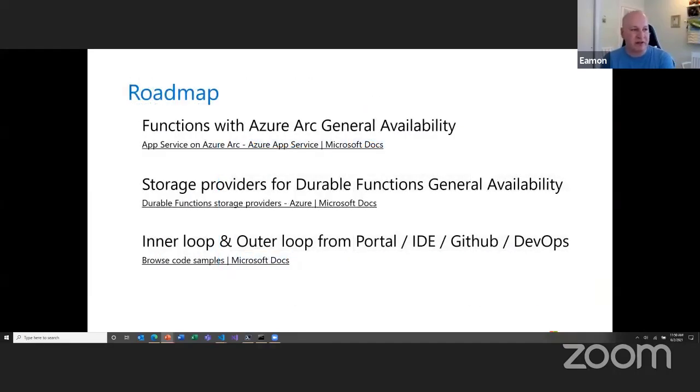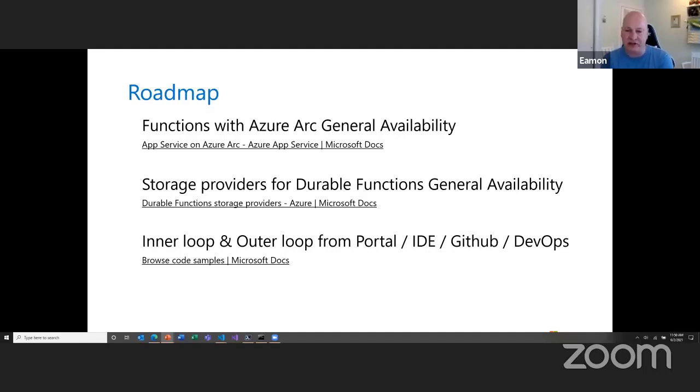So from the roadmap perspective, there's a lot of capabilities that we just announced. I only brought in a few here because we're constantly improving language support, performance, and scale. But since we just launched Azure Arc, that's one of our major focuses over the next few months: to bring that to general availability, because it is currently only in public preview. So it will take us time to process all the feedback from you and other organizations.